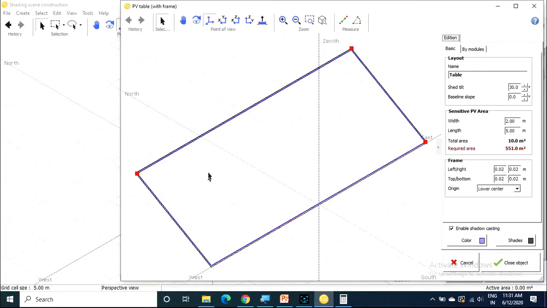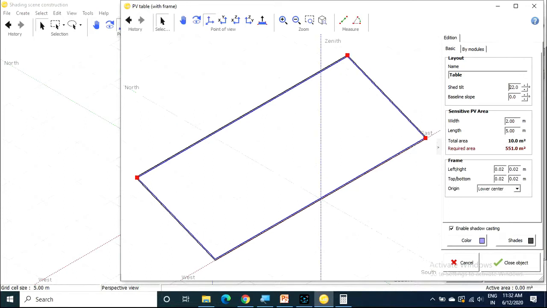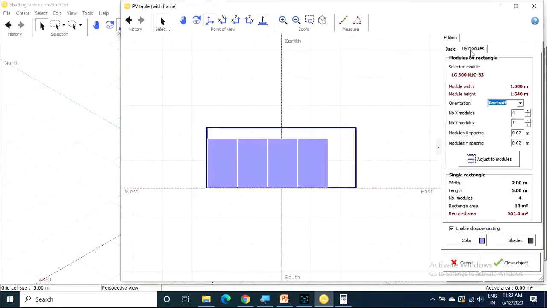Okay. Here the PV module size is given, width is 2 meters and length is 5 meters. And what tilt angle have we chosen? That is 22 degrees for our location. And in the modules option, we have to select the number of modules in a string.